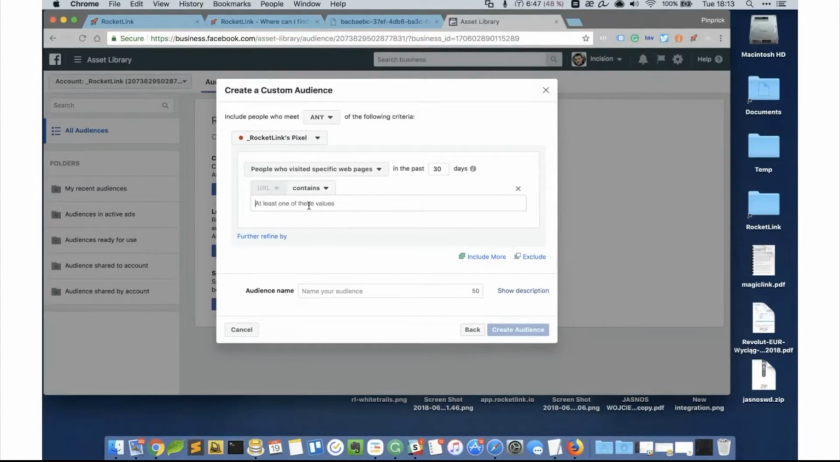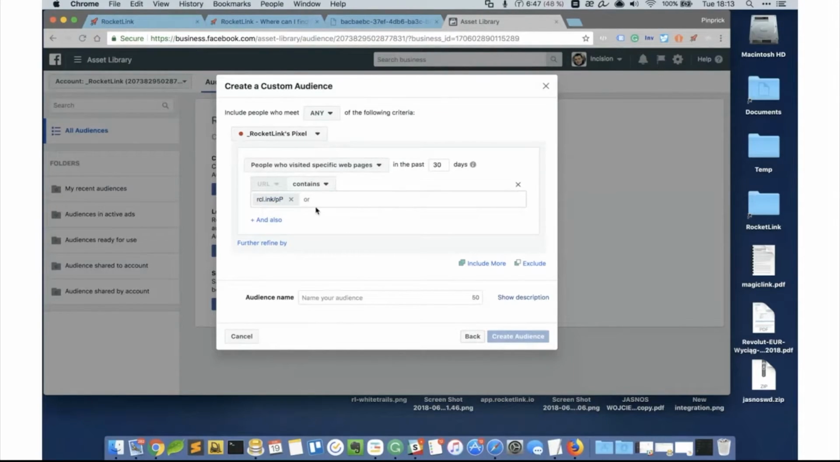Now you have to enter your shortened URL if you'd like to retarget only visitors who clicked on a particular link. So let's say it would be rco.ink/pp. It's a link to our roadmap, by the way. So with this setting, we will be able to create a custom audience out of people who click on this